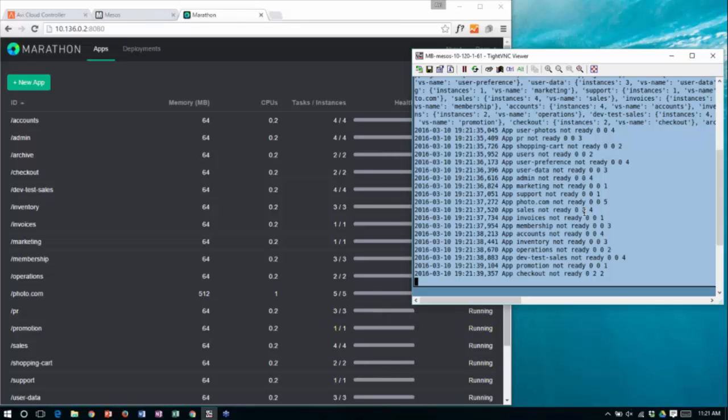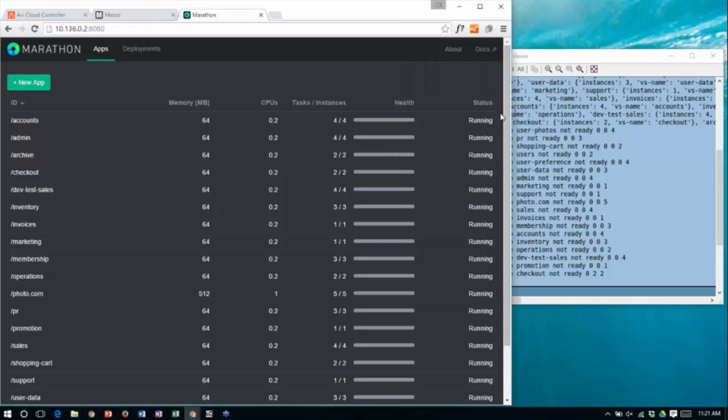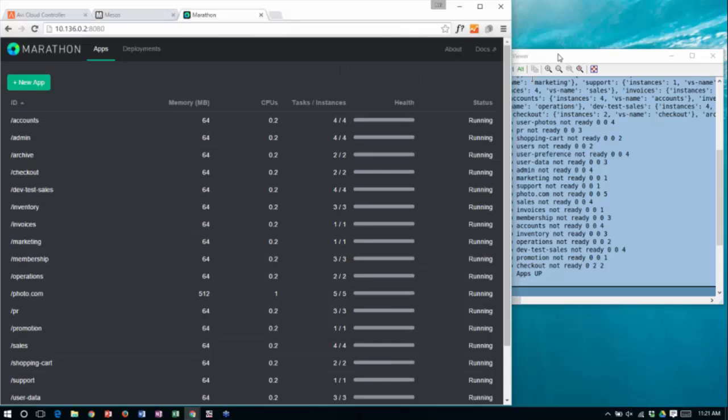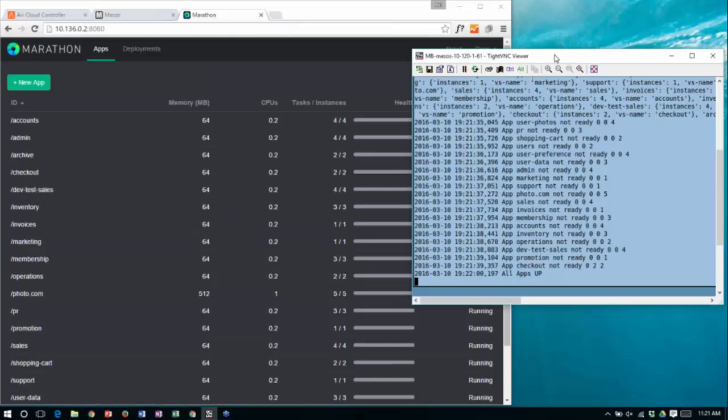So we had a small script. It went to Marathon and requested Marathon to create several microservices. That's what's happening down here. Each one of these microservices consists of a certain number of containers, and all these tasks are running right now. This takes about 30 seconds to about a minute to complete. And in the meantime, I'm going to go to the controller.